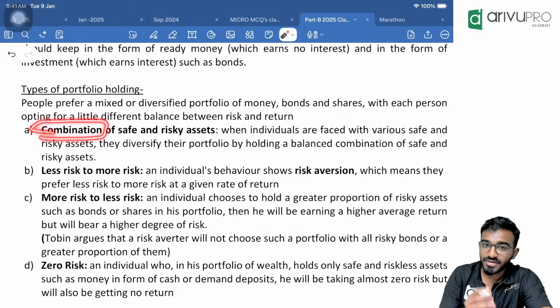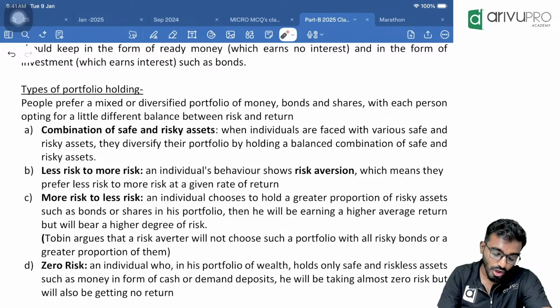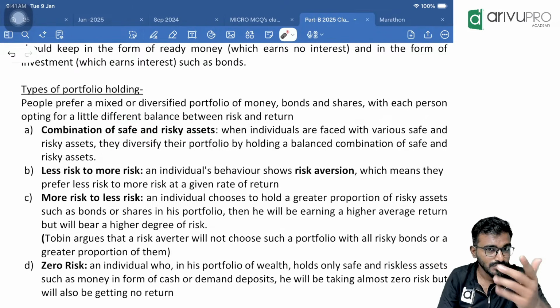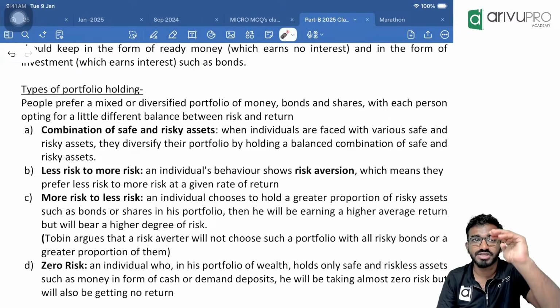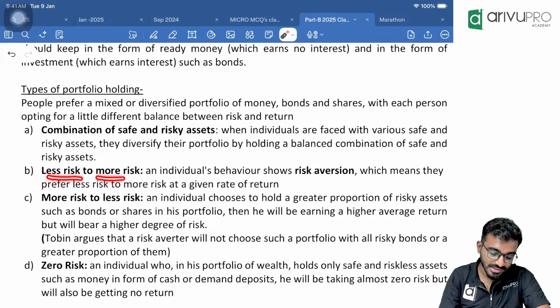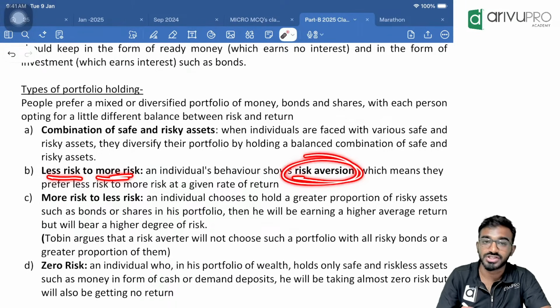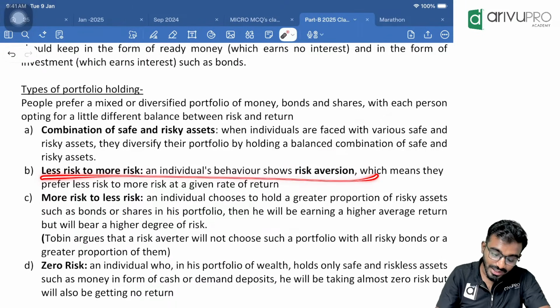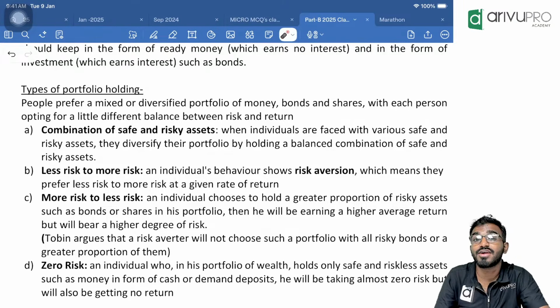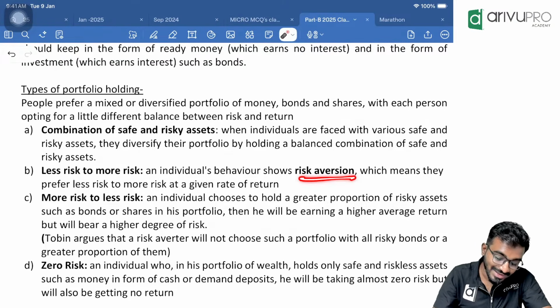Either come up with your portfolio of assets in a combination of safe as well as risky assets, 50% safe, 50% risk, or else slowly start taking risk, slowly start investing in bonds, equity, like this. First you keep money in hand, later keep money in a bank account, later you invest in gold, later you come to mutual funds, later you come to equity, like this. Slowly, step by step you take a risk, low risk to high risk. This is what we call risk aversion. This is what is recommended for risk aversion. Get aware of it first and then slowly you invest.